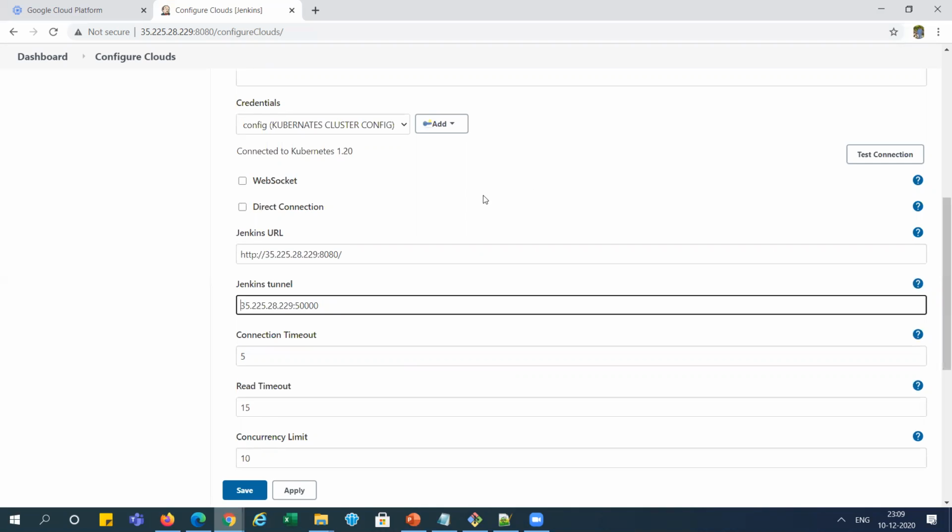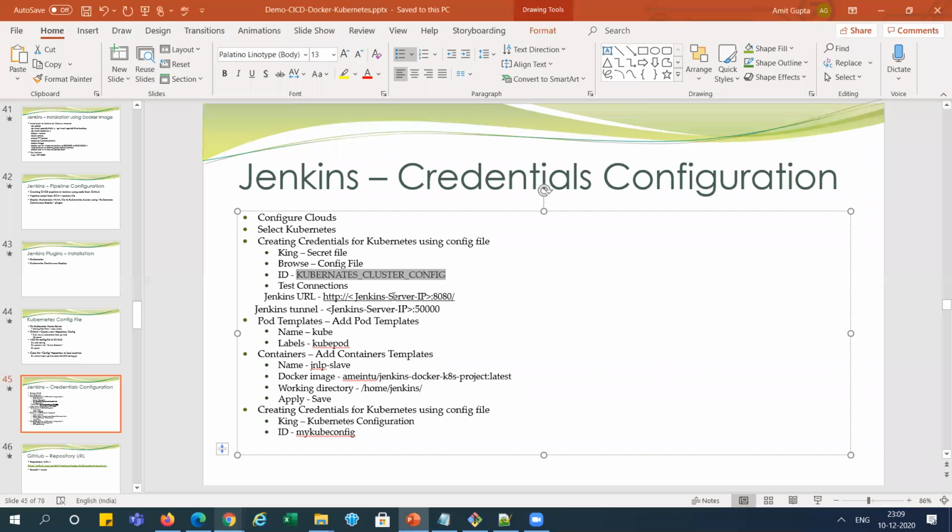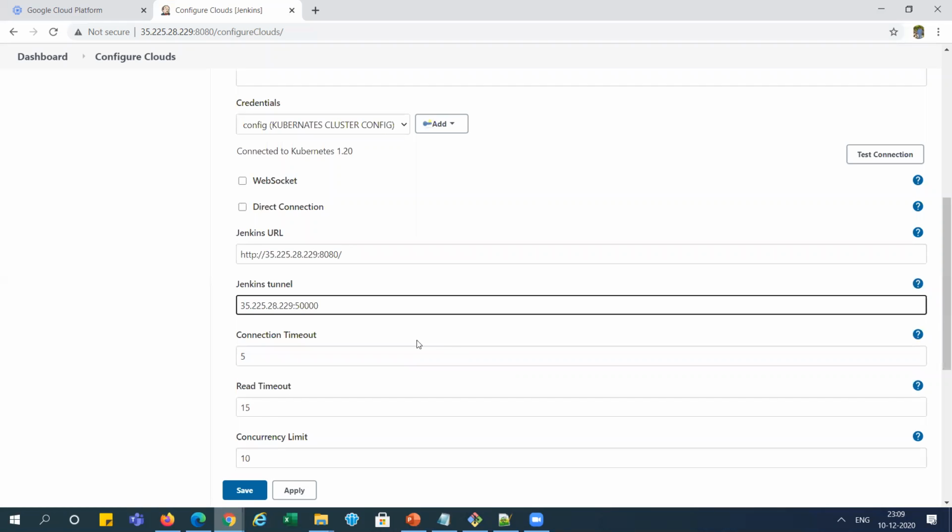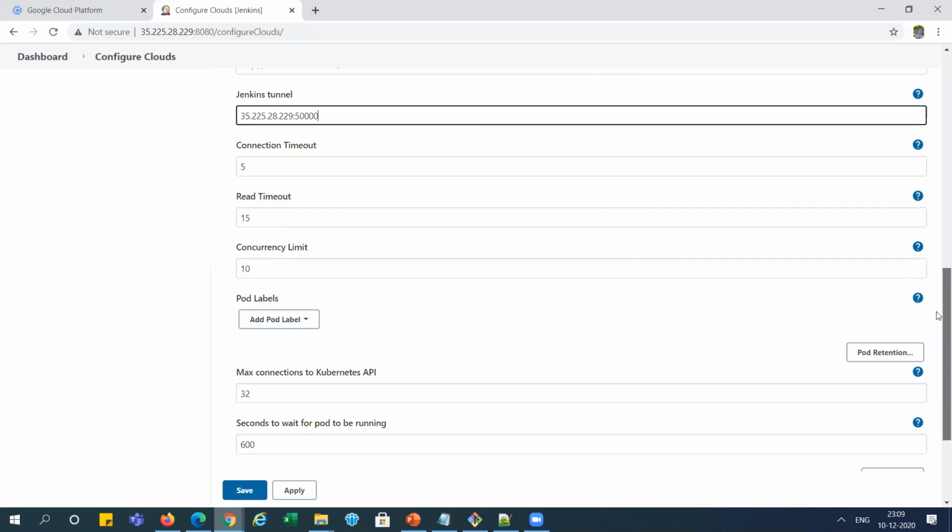This is a Jenkins server and tunnel, this one. So I have mentioned this thing here. This is Jenkins server ID 8080 port. You need to mention internal. You need to mention Jenkins server ID 50,000 port, right? Now we will define the port here. So what we need to do in the downtime,